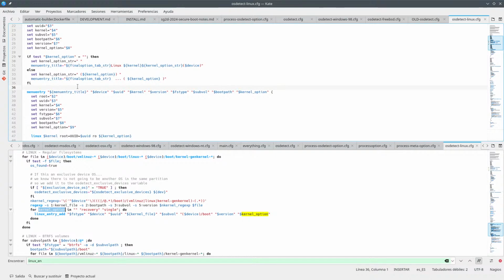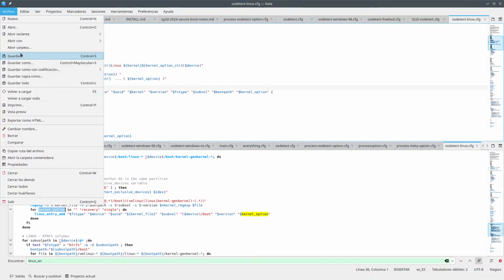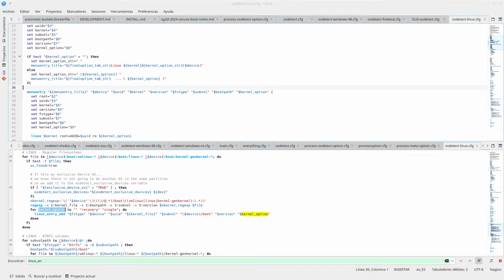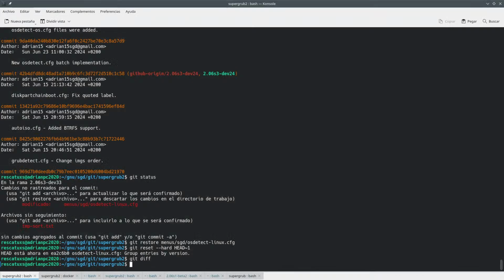So if you don't have any option, then you are like that. Otherwise, yeah, I think this might work because we are making stuff like this, and it's more or less what you are supposed to be doing. So